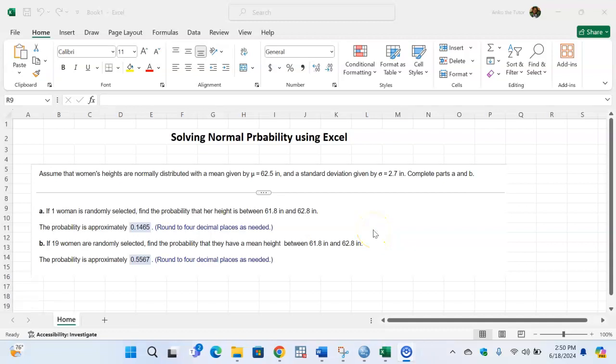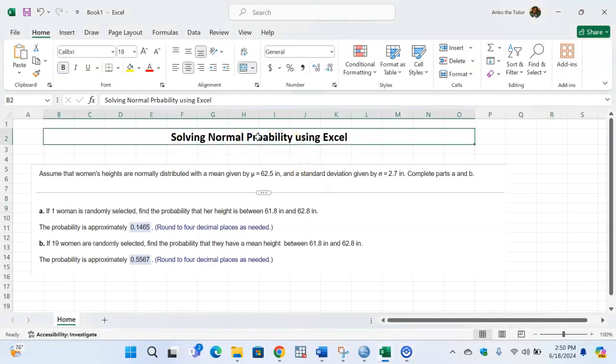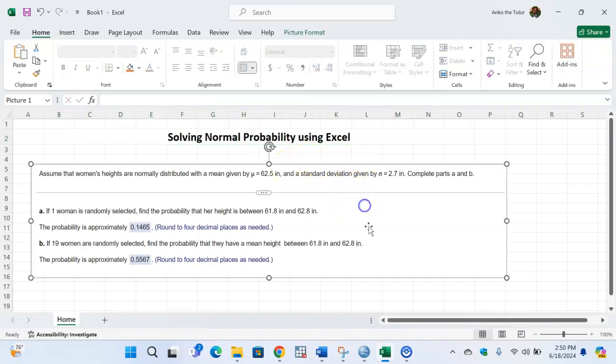So hello, in this video we're going to tackle how to solve a normal probability using Excel. Normally you'll find a question, for those who use Pearson, MyLab Pearson, to do their maths assignment. This is a sample of a question you'd see in statistics or in probability, depending on what the unit is